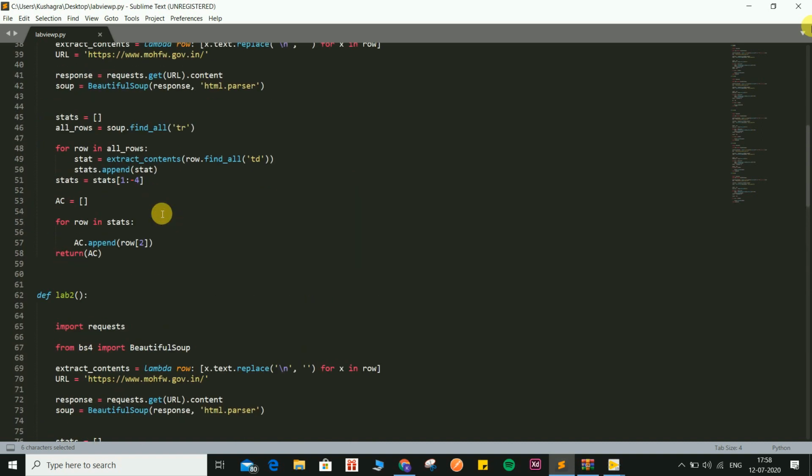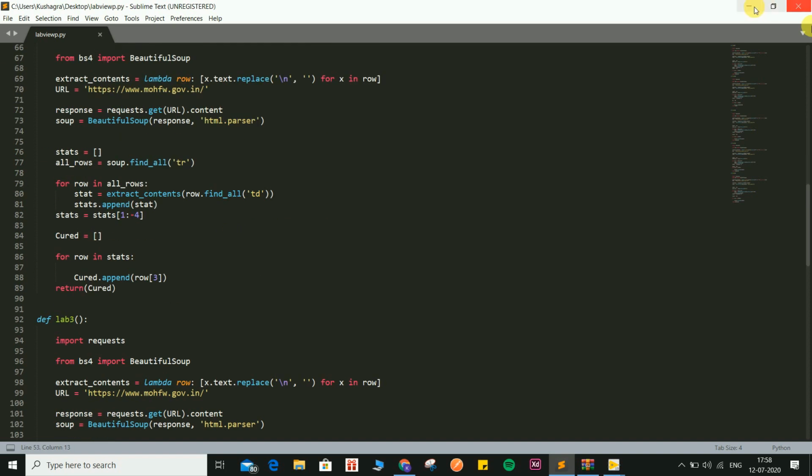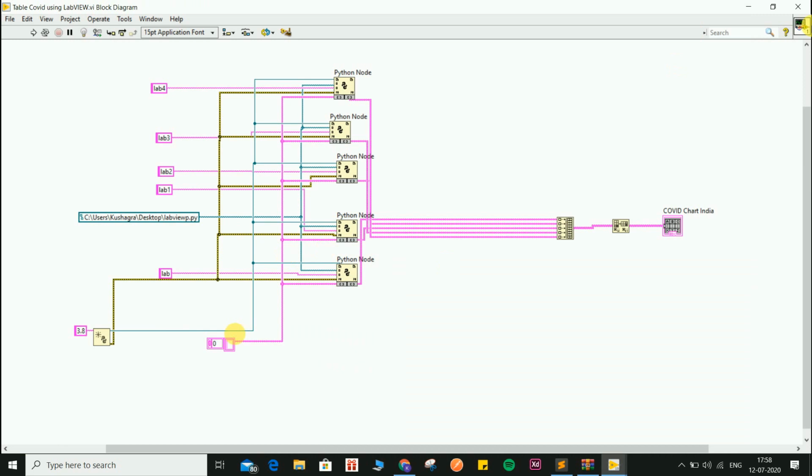We can also see that we are returning a list and we are changing the data type here in LabVIEW as an array of strings. So this is how we get the Python program called from LabVIEW, and we can get the entire function running.